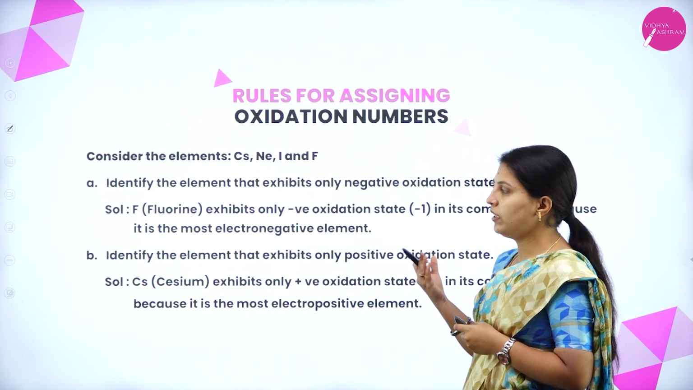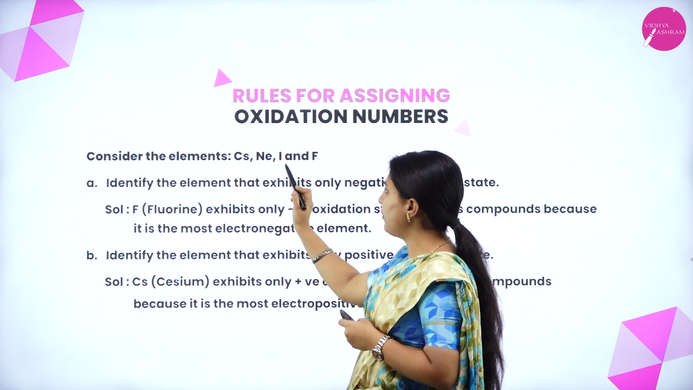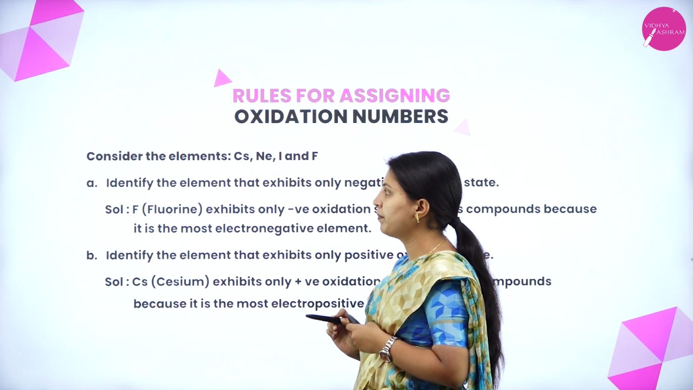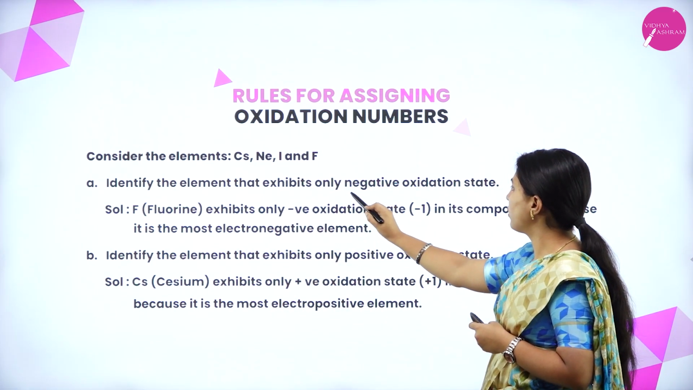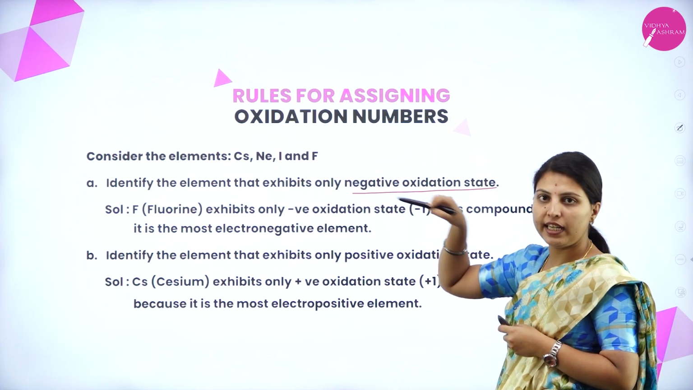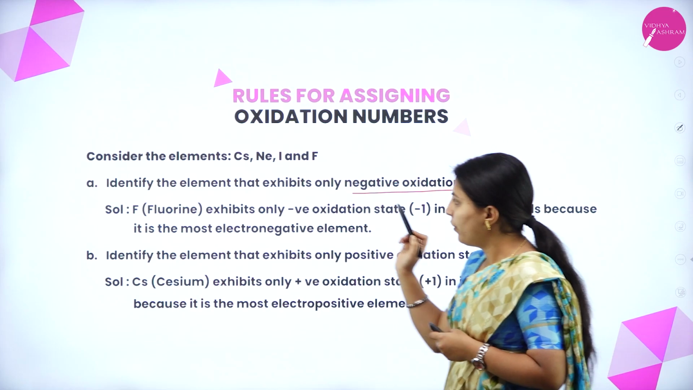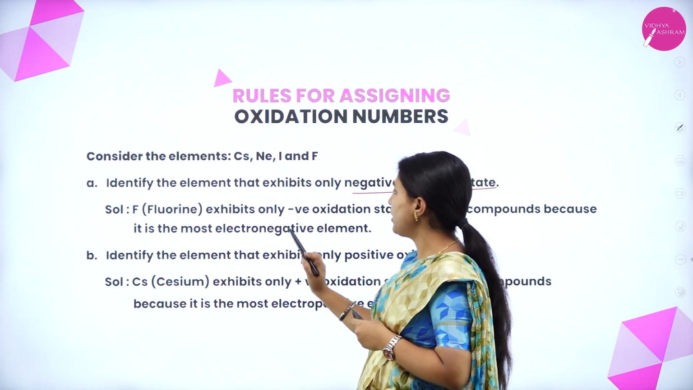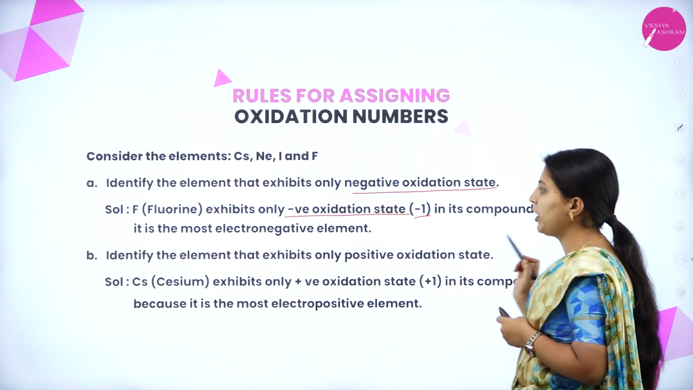Okay, we will consider another set of examples. Consider the elements cesium, neon, iodine and fluorine. Identify the element that exhibits only negative oxidation state. Of the four elements, which will exhibit negative oxidation state? What is the answer? Fluorine exhibits only negative oxidation state, that is minus 1 in its compounds, because it is